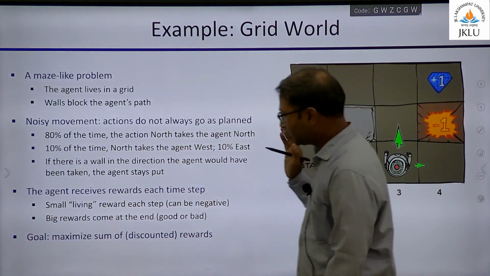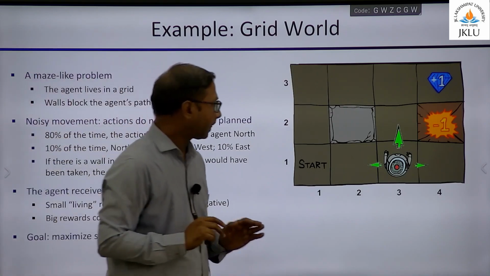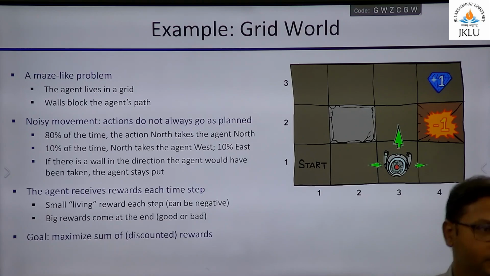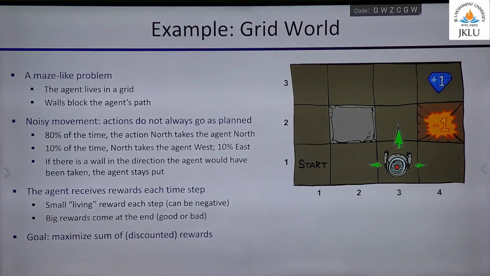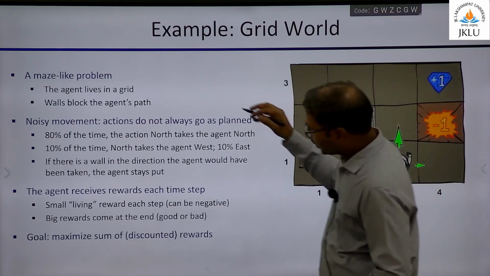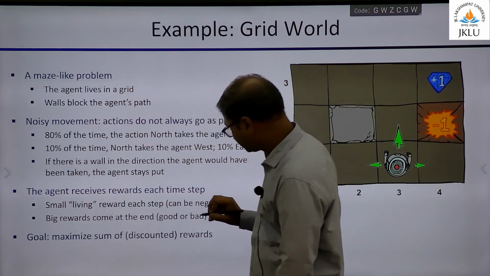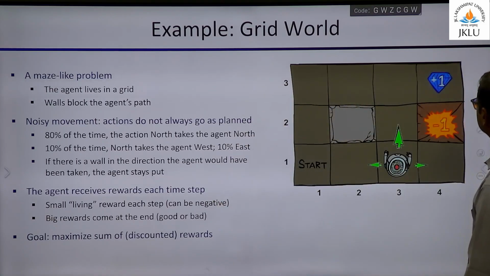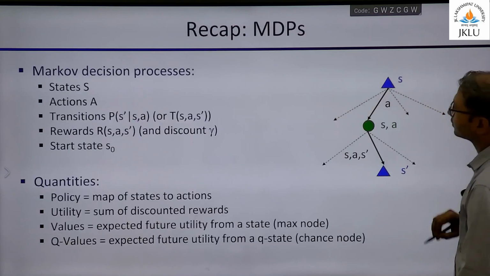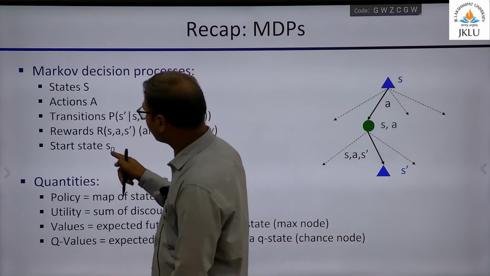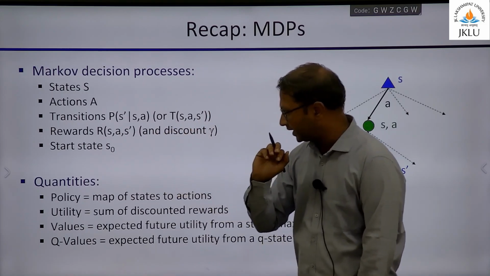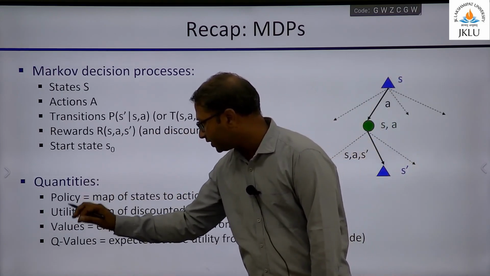right. So the same problem as we had before. Laptop lids down, no noise now. Right? Chalo. So same problem that we had before, I am not going to repeat it. Agent received rewards, whatever. Okay. Markov decision process we have talked about. There are states, actions, transitions, rewards and start state, and we have also talked about policy, utility, values